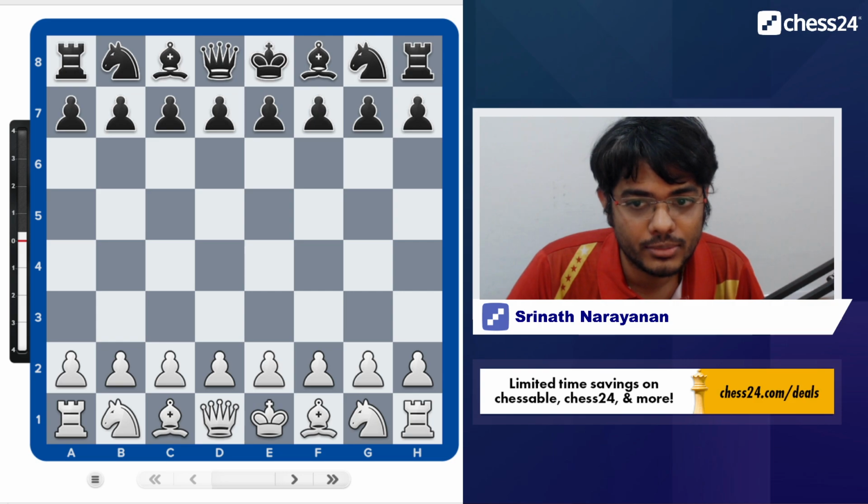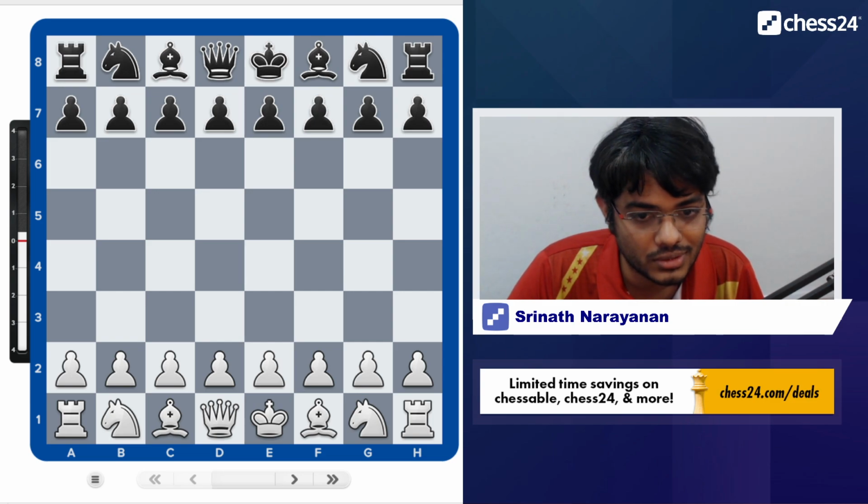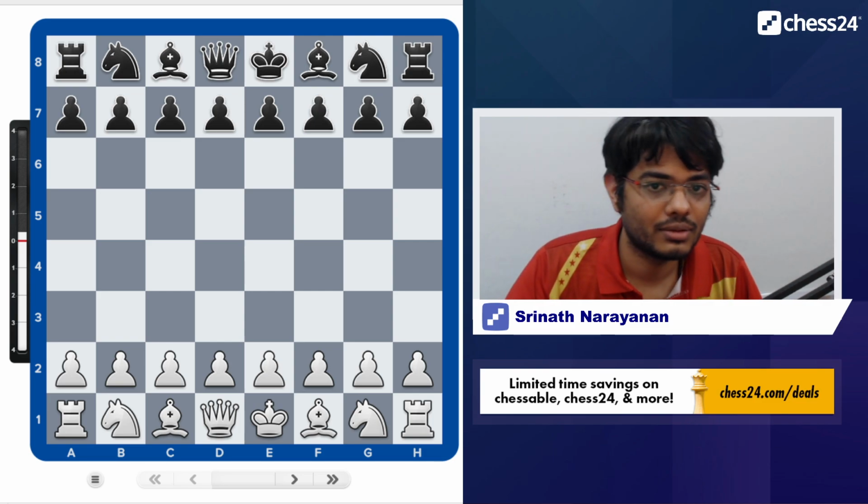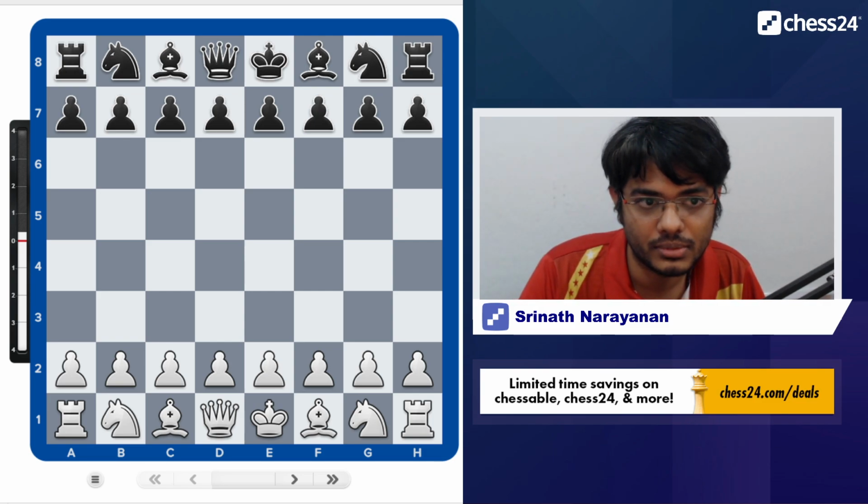Today we are going to look at the game of the tournament from the final round of the Tata Steel Masters Chess Championship between Jordan van Foreest and Nils Grandelius. Before the final round, Jordan was trailing the tournament leader Anish Giri by half a point, and therefore Jordan had to win on demand and hope that Anish did not win his final round. So this was the scene when the final round happened.